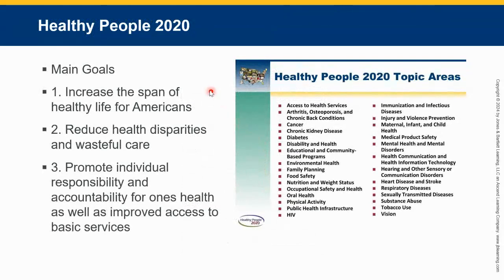And this last thing I want to talk about is Healthy People 2020. Healthy People 2020 is something I kind of want to read to you. Okay, so these Healthy People initiatives, since 1980, the United States has developed a series of 10-year plans,